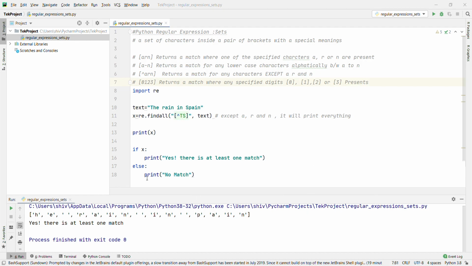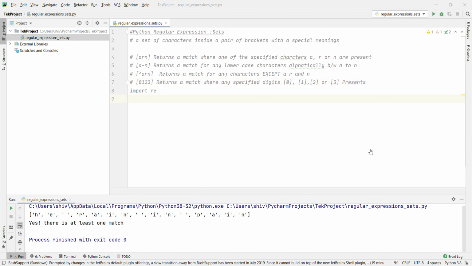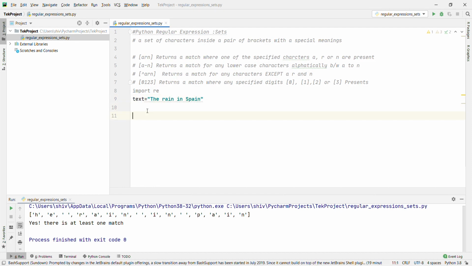Okay, let's remove this first and then create the text equal to the rain in Spain. x equal to re.findall with 0, 1, 2, 3 and pass the text.